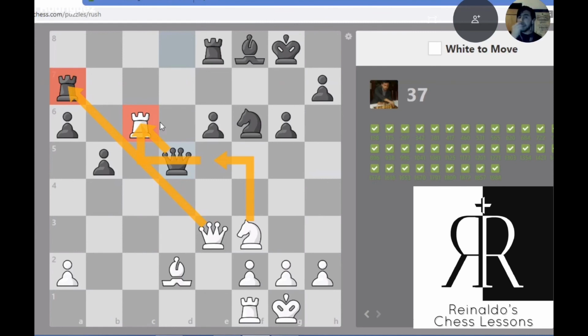You can see that it's very important. Calculate it and know, and don't do a superficial calculation. Okay, queen takes a7, queen takes c6. Okay, a knight e5, attacking the queen. Yeah, black cannot